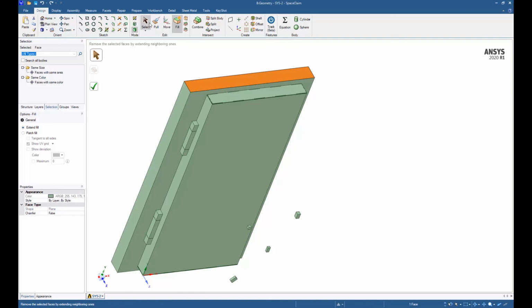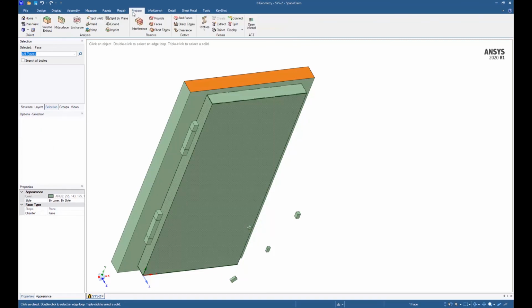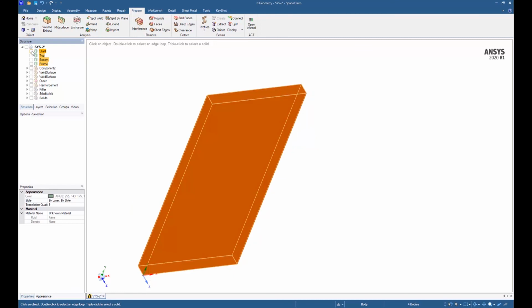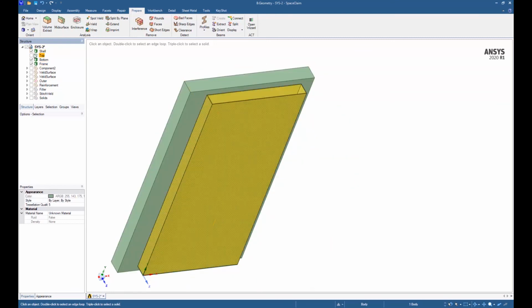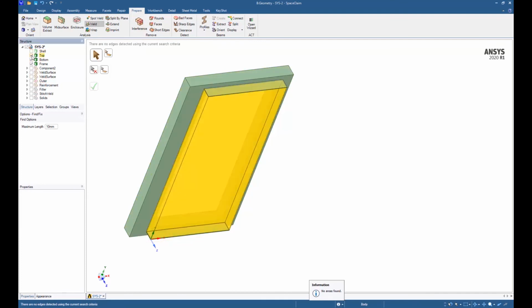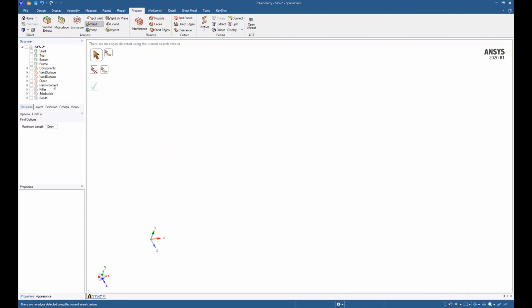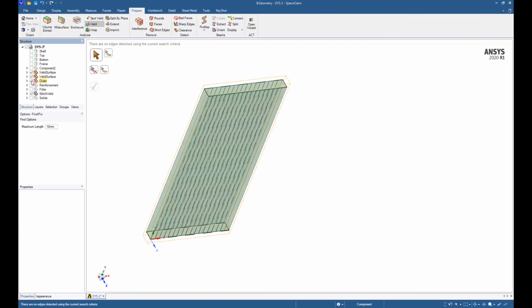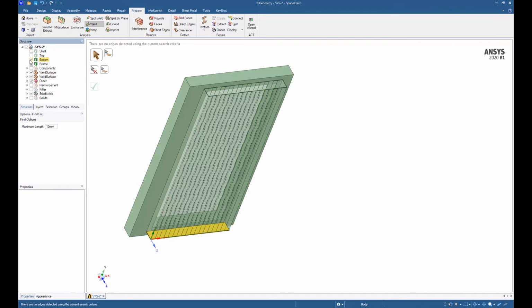Now, having done that, I went back and I went to the prepare tool, and if you see here, the prepare tool gives me mid surface options, weld options. So I went here and then I created a shell for the door using the mid surface tool. And then, having created the shells, there is an option here for the welds. So I went here and I created welds for all the components which are connected together by welds, and I'll show you over here how many welds have been created. You'll see stitch welds and weld surface, and then these connect all the doors and frames and everything together.